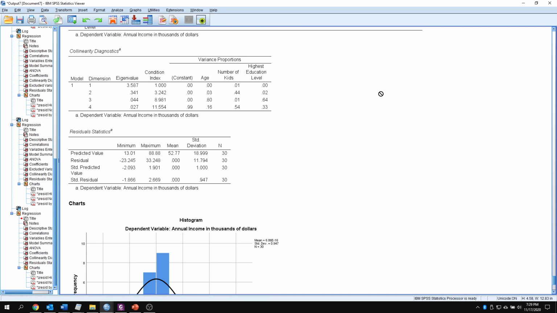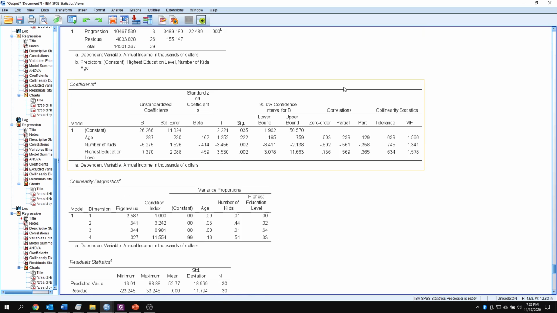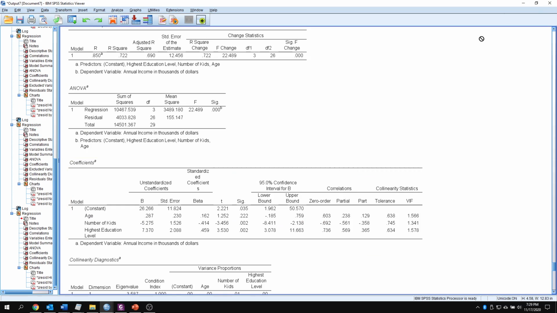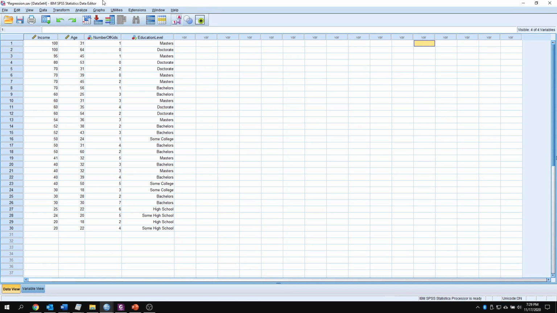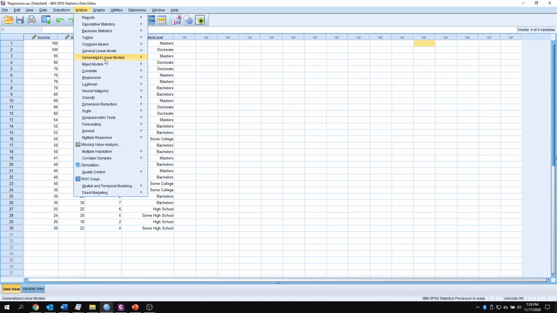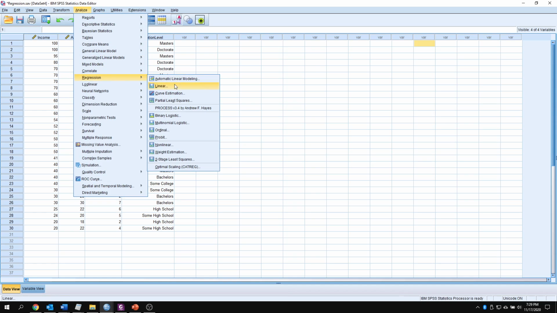0.358. Okay, now what we're going to do is just look at a few other ways that we can run this analysis and give you a brief overview of what each one does. So I'm going to close out of that. We're going to go back to our regression